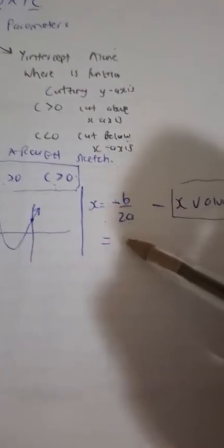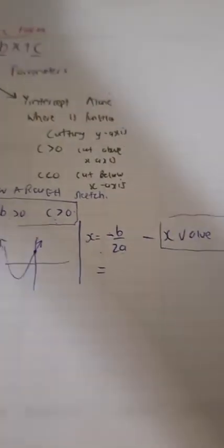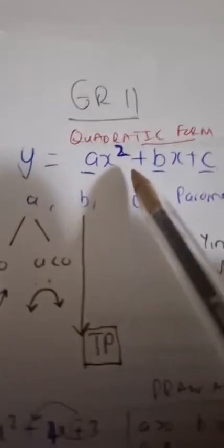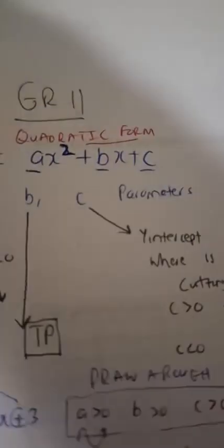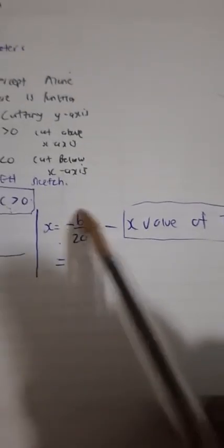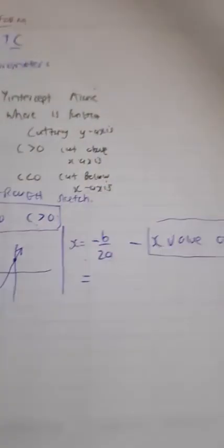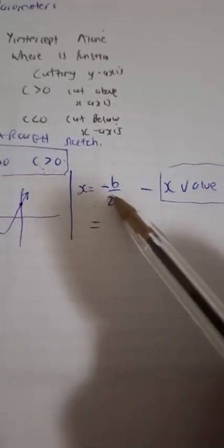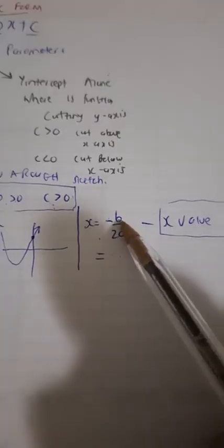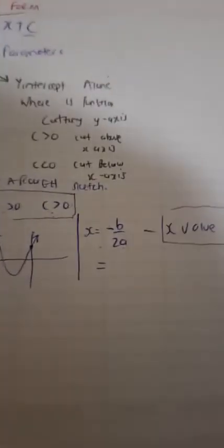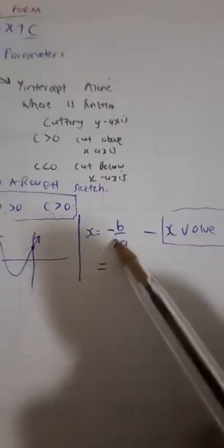Very important. And you will see this x is equal to -b/2a when you are in the process of completing the square of this expression, which you have done. You will see this in that process when you are completing the square, which is something we did in term 1. So this x is equal to -b/2a is founded on that. It has its origins and its foundations from that idea,